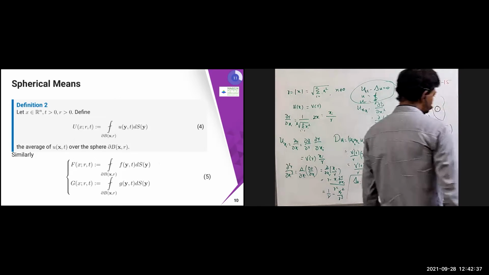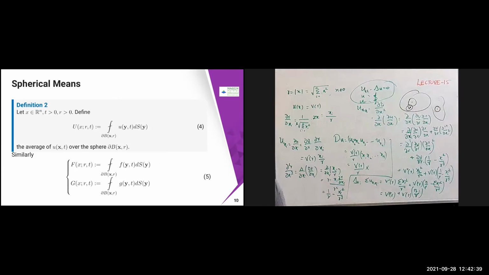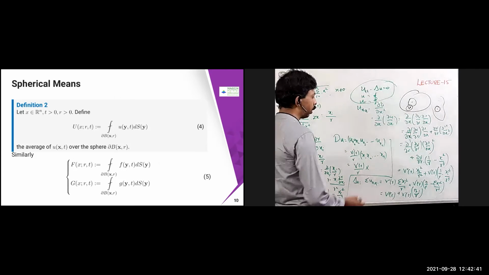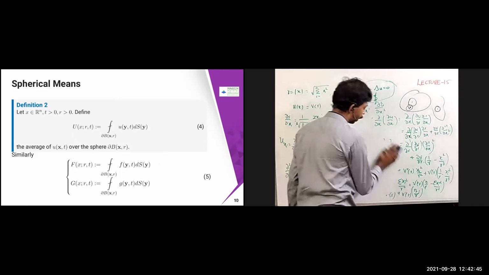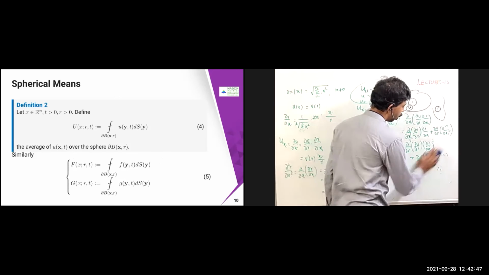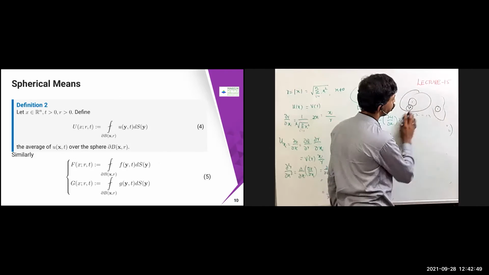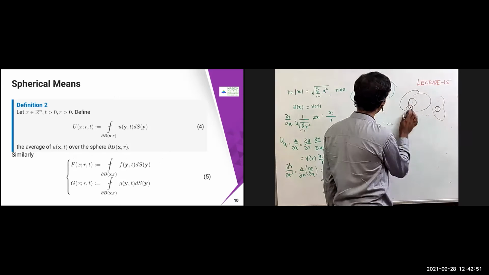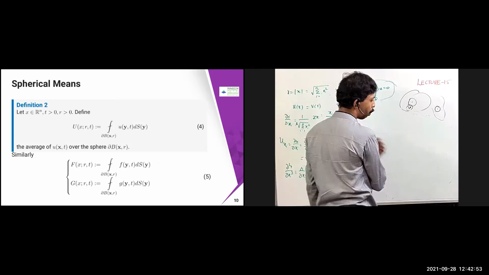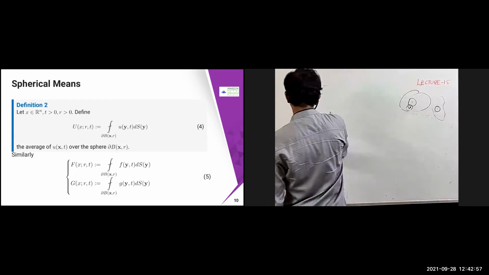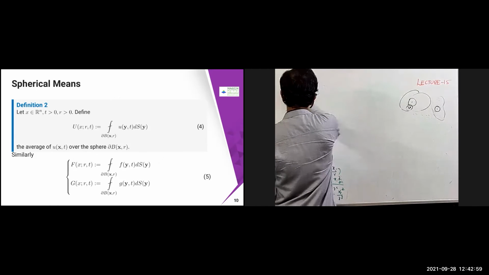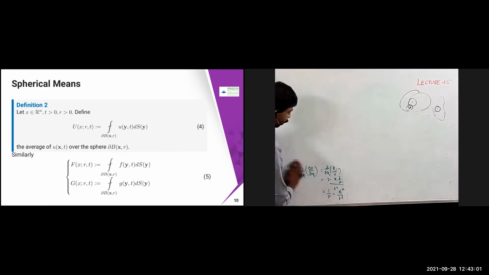So what I'm going to do, for the spherical means we learned, is introduce a new thing. Hereafter I'll be dealing with capital U instead of small u. If I solve for the capital U, which is the average of the small u over this ball, or the surface of it, then I'm going to obtain the answers for the capital U.